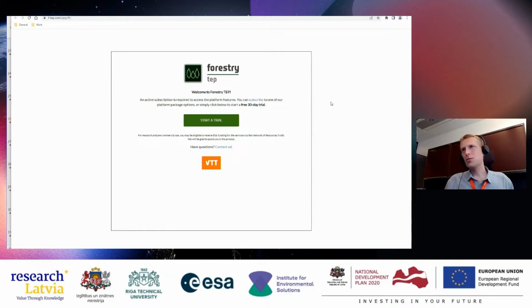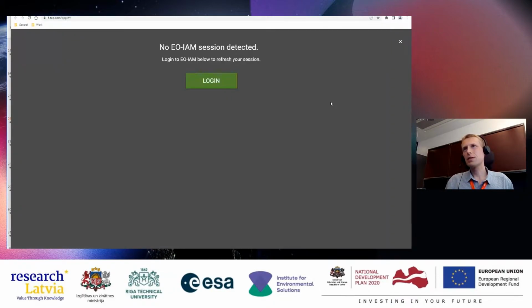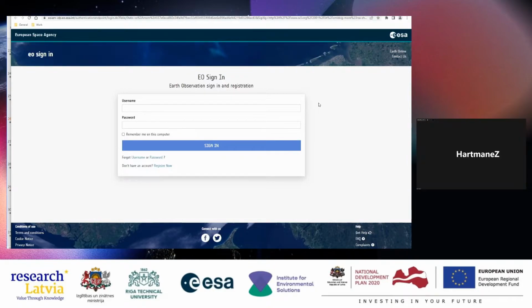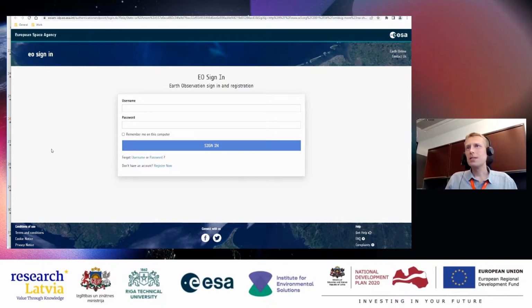If you end up with this kind of screen, okay, it was short, but sometimes the trial stays there longer because you may have something in the cache, it doesn't recognize you, then you could push the refresh button. But anyway, when you try to log in, this is the screen that you should end up, the EO sign-in screen, and there you can then use your EO credentials and password.